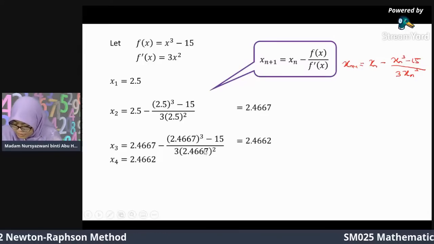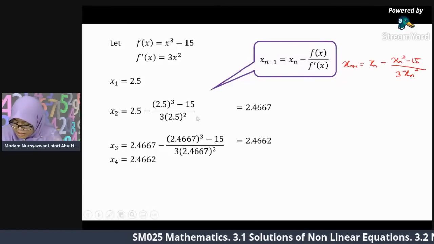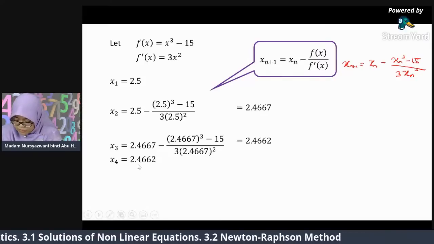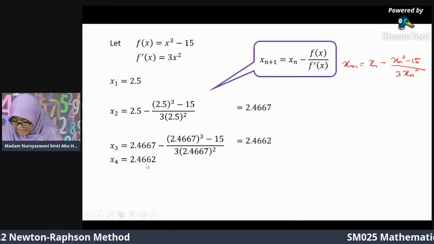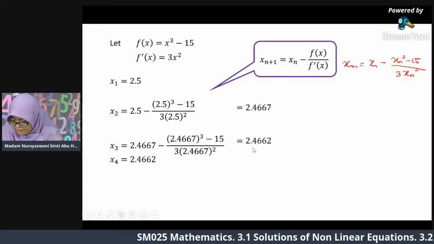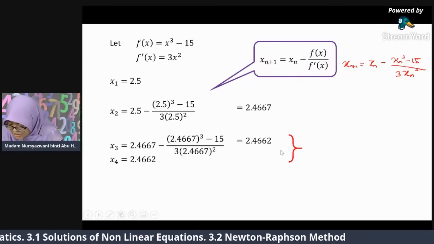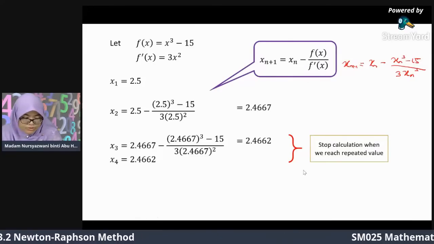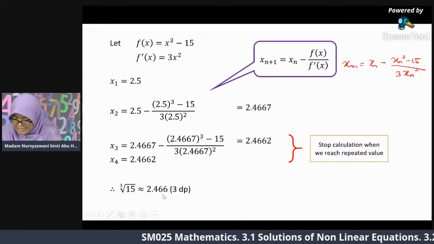2.4662. Okay, kenapa saya tulis 2 je dalam kerja? Sebab saya dah kata awak perlu tulis sekurang-kurangnya 2 dalam kerja. Tapi kalau awak tulis lebih, tak ada masalah. Okay, untuk x yang seterusnya maksudnya hanya tulis jawapan sahaja. 2.4662. Okay, so kalau awak tengok kat sini, we reach repeated value. Kita dah jumpa dah 2 nilai yang sama. So we stop our calculation here and we can make the conclusion x equals 2.4662. So cube root 15 is approximately 2.466